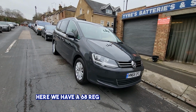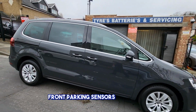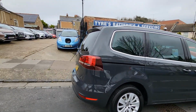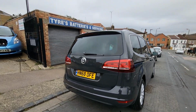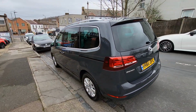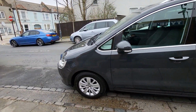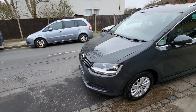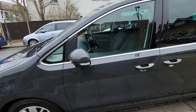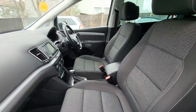Here we have a 68 reg Volkswagen Sharan, front parking sensors, electronic rear doors, privacy glass, rear parking sensors, one owner, in petrol. Side airbags,